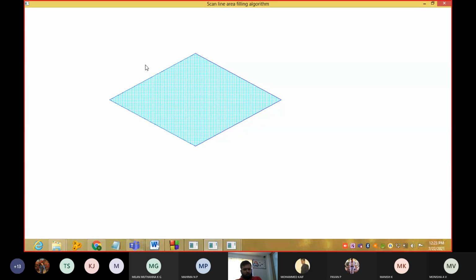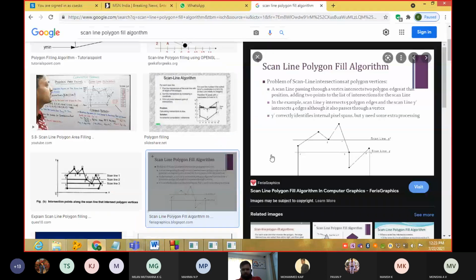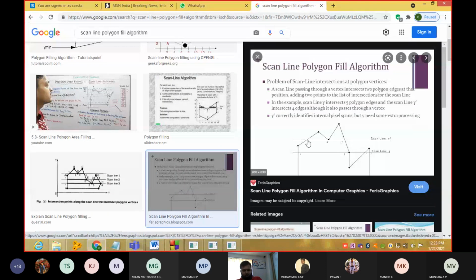Next, we are supposed to draw one scan line, right? Even the scan line will have points: this will be your x0, y0, and this will be your x1, y1, or x1, y1 and x2, y2.